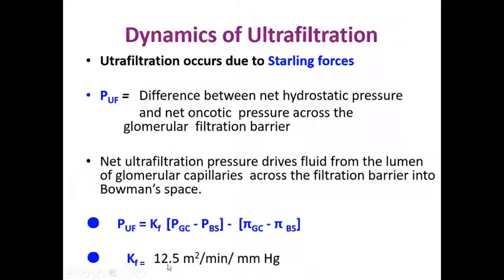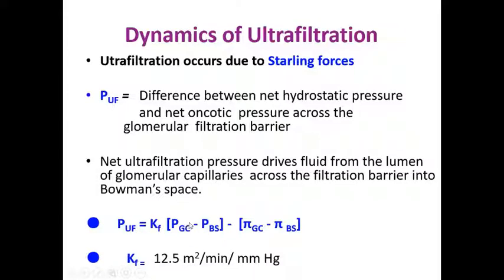It's about 12.5 milliliters per minute per millimeter of mercury. So this is the filtration coefficient, which is a standard, a constant. You need to factor it in when you are calculating the ultrafiltration pressure. So the ultrafiltration pressure is equal to the filtration coefficient